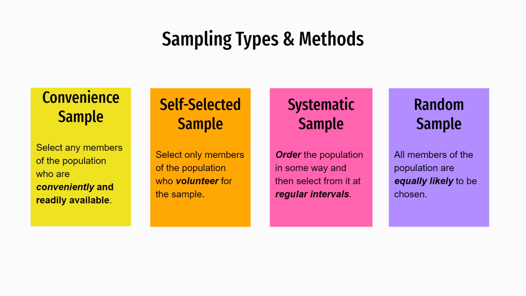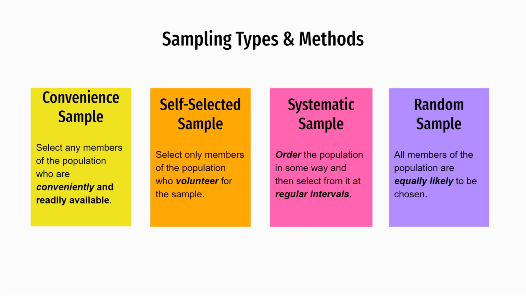A systematic sample could be that I am taking the students in my class, looking at my class roster in ABC order, and I'm ordering the population in ABC order, right? That's how I'm ordering it. Okay, and I select every 5th student. I send you an email and I send you the link to take my survey. And I say, hey, would you please take this survey, right? I ordered my Algebra 2 students. I ordered the population. And then I selected at regular intervals